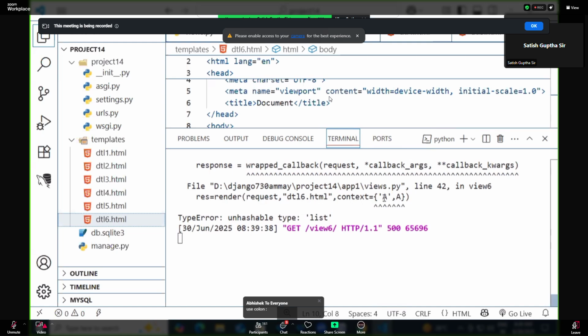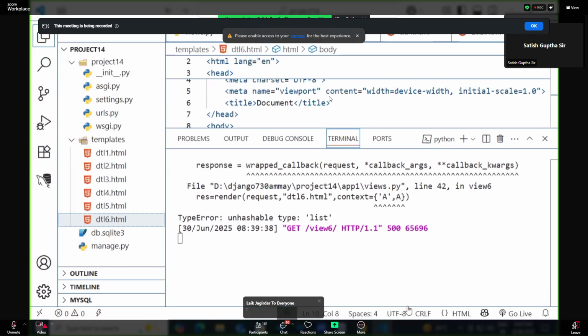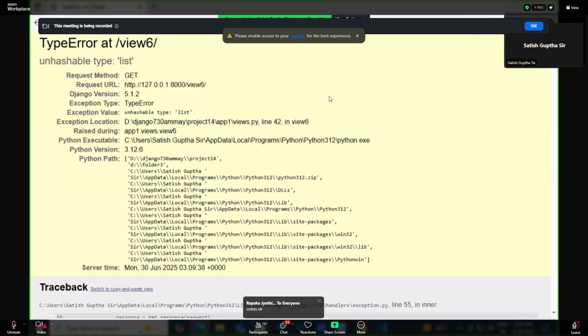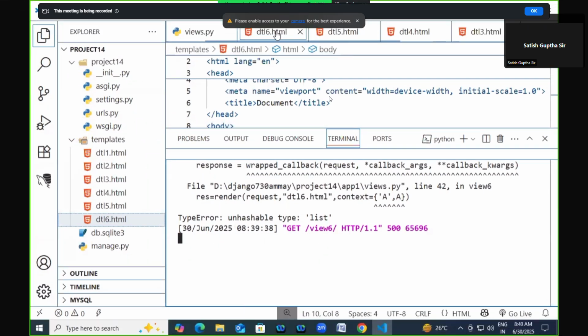Yes. A, comma A, right? Now A is which type here? List type. A is a list. But how are you trying to access it now? I used which one here? Dot. Actually, dot is called which operator here? Member access operator. Now in DTL,